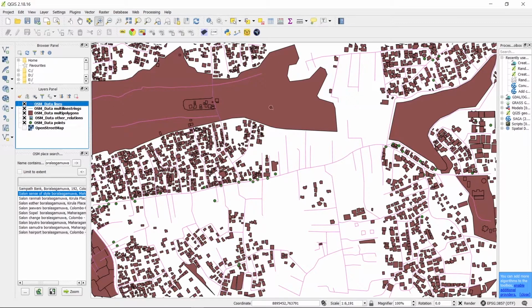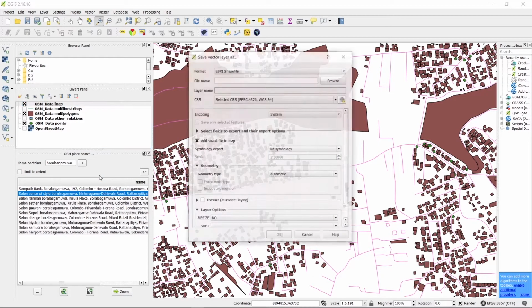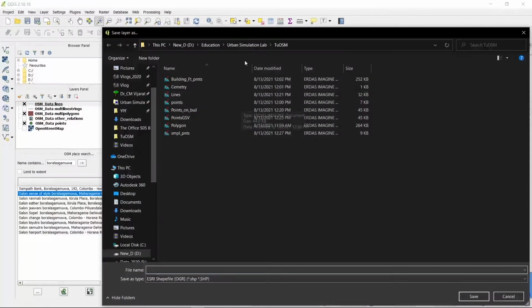Right. Now we have got OSM data as layers, but we have to save these as shapefiles. So go one by one and tick off the OSM multi-string and OSM data other relations. First, I am going to save these OSM data lines. Save as, browse.